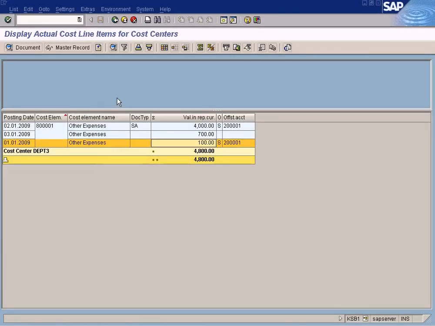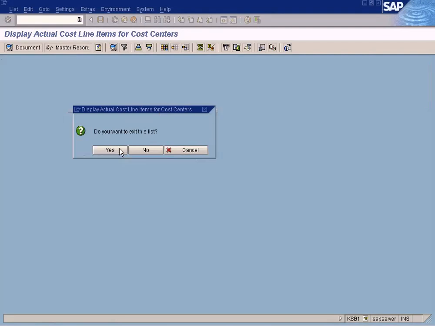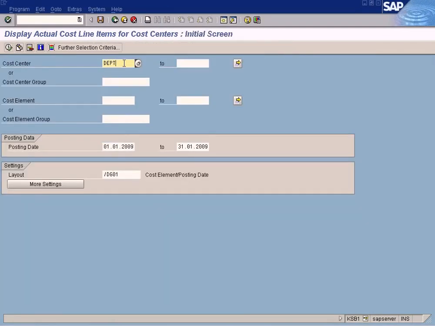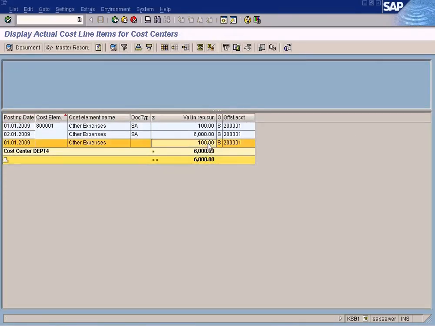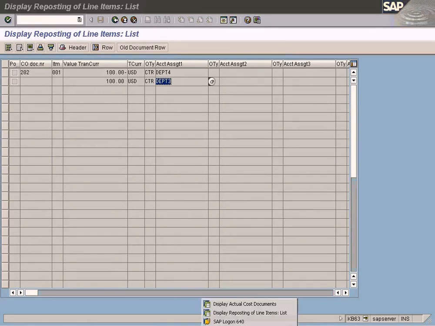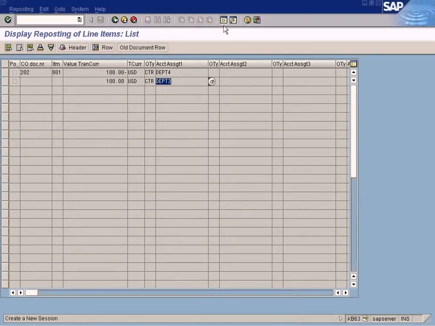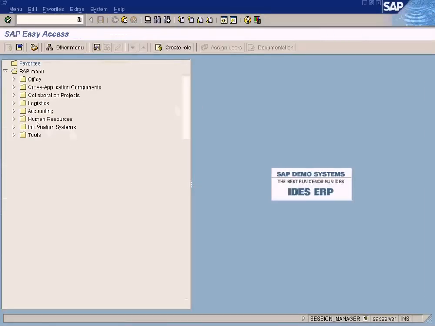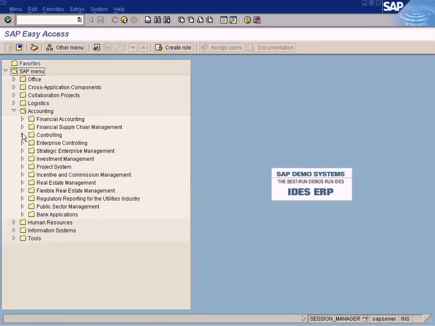Now let us look at department 4. Department 4, what has happened to it? See, department 4, the amount of 100 has been deducted from department 4 and it is debited into department 3. So the difference between using this report is that